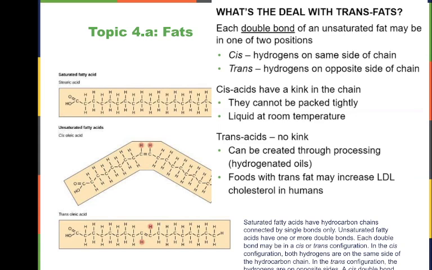Trans acids have no kinks, and this can be created through hydrogenating oils, and hydrogenating is synthetically placing additional hydrogens on a fat. Foods with trans fat have a high instance of increasing LDL cholesterol in humans, and LDL cholesterol is known as the bad cholesterol, and it has a worse impact on your body than high-density lipoproteins, or HDLs,